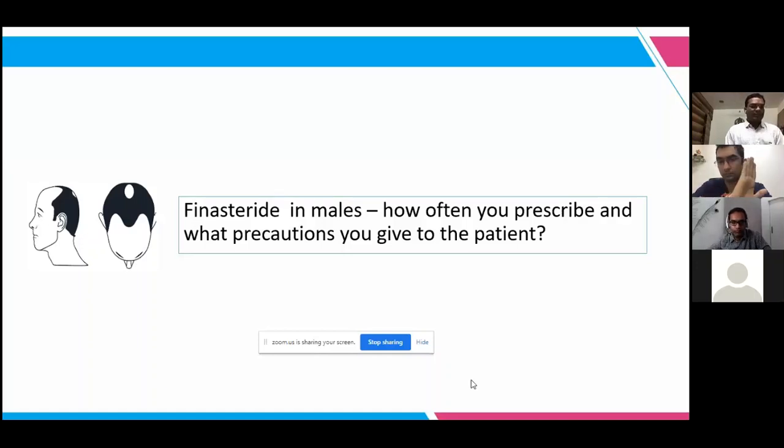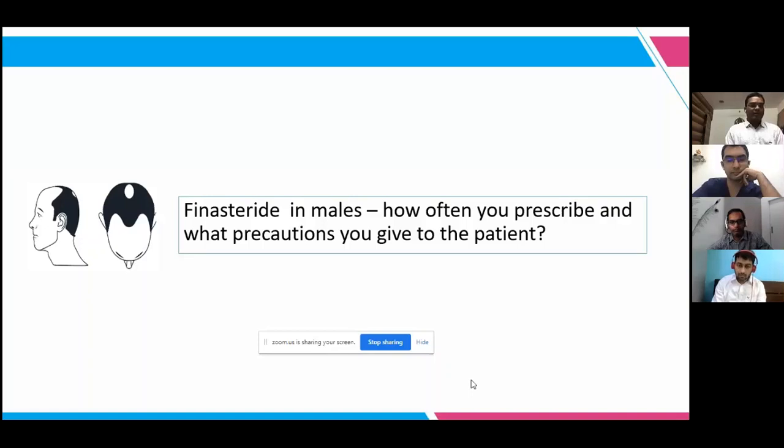Do you tell the patient the side effects of finasteride? Yes, I will tell them. Some people, it is up to them whether to take it or not. But my part is that it is always better to tell the side effects, because once you land in the side effects, it is problematic for us to counsel again. If you tell them beforehand, that is the reason I'm reducing the dose. If some people are happy to continue 1 mg, they can continue. It's no problem. So before prescribing, I will tell the side effects of finasteride.